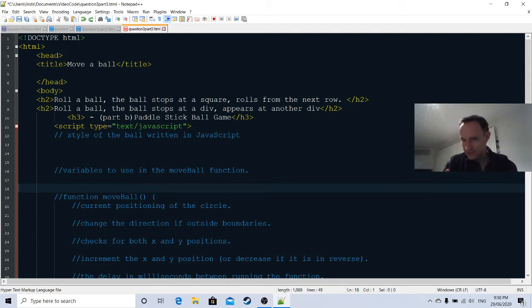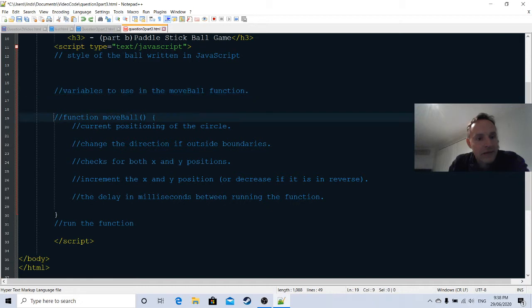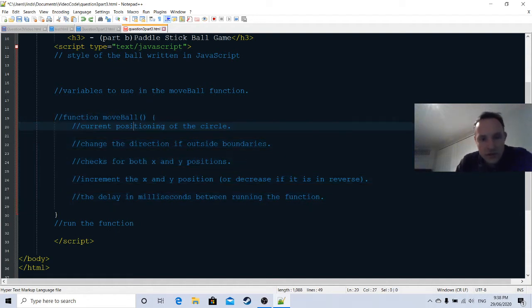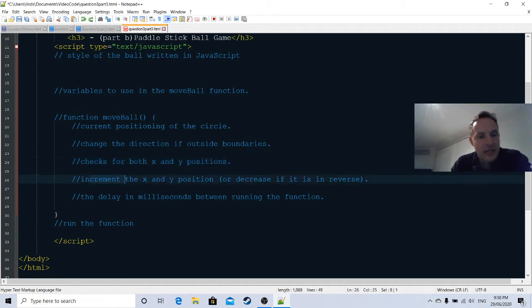So to get the ball rolling, mind the pun, we'll start off with the basic shell of the program, just the HTML. So we've just got the basic comments here. We start off by writing the style of the ball, variables to use in the function to move the ball, and then we actually have the move ball function, where we have the current positioning of the circle, change the direction if it meets the outside boundaries, and it checks for the X and Y positions, increments the X and Y positions, or decreases it if it's going in reverse,